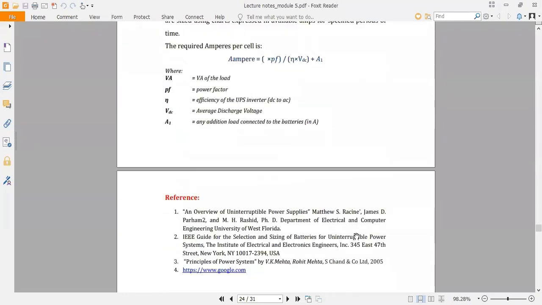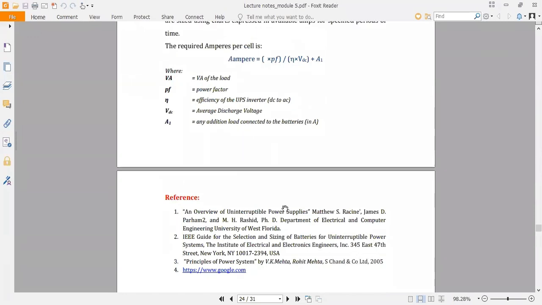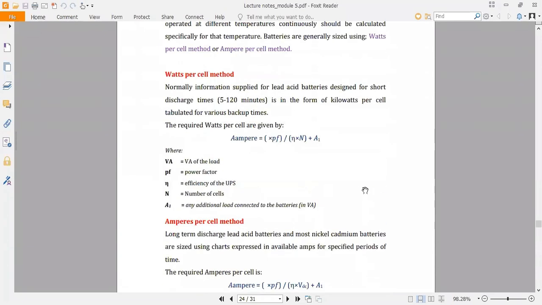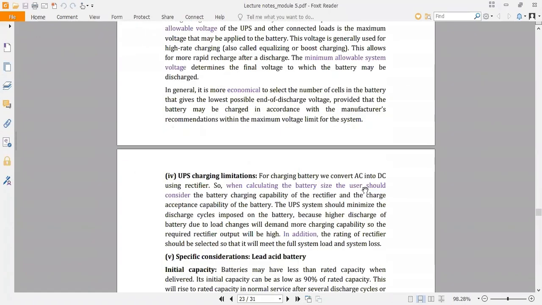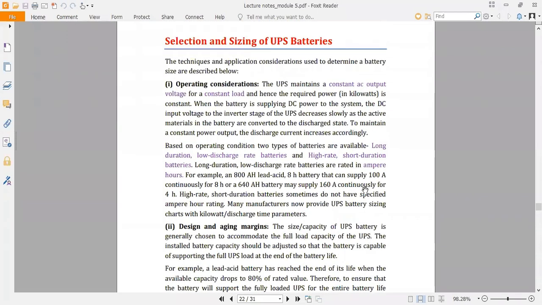So this is the reference that I have used for these lecture notes. Okay, so these are the details about the UPS batteries, their selection, size, and all things. Okay. One more thing that was left in this module